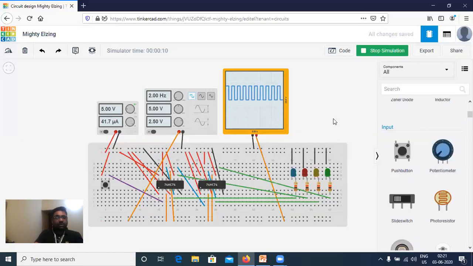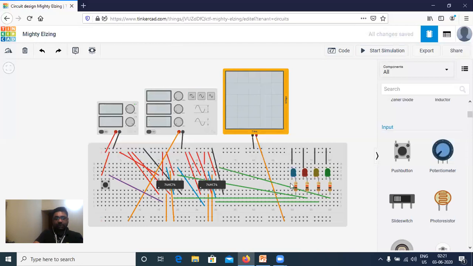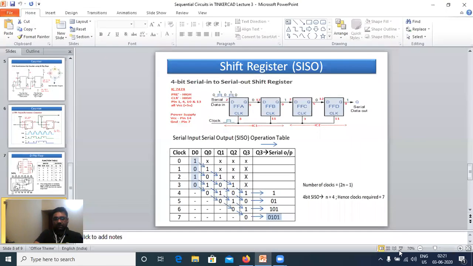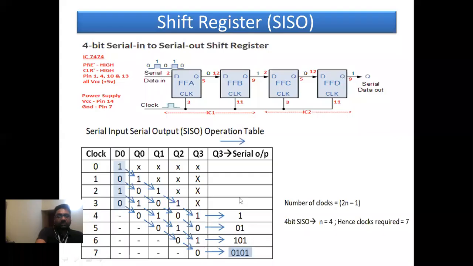So this concludes our sequential circuit implementation in Tinkercad for our digital and linear integrated circuit course. I hope everybody is clear about designing the circuit and seeing the output in Tinkercad. So let's stop this simulation here, with the shifting operation that we have seen in Tinkercad. So that's all. We are going to finish this. I hope you have understood and will be able to implement the circuits in your own system using the Tinkercad platform.